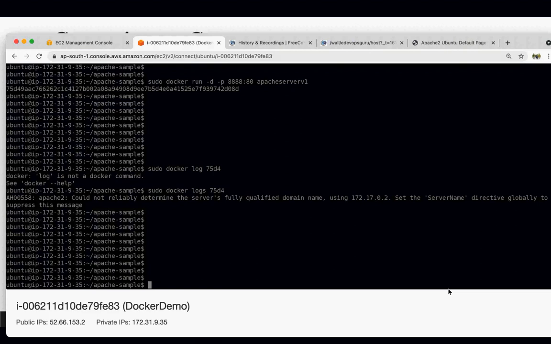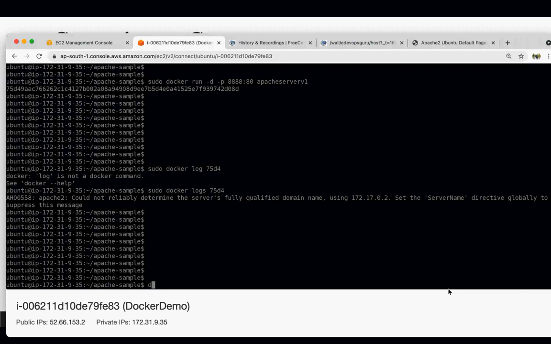Or if you want to go inside this particular Docker container, a Docker container is, it's not true, but you can say it is a stripped down version of your virtual machine. Let's assume it is a stripped down version of a VM. Similar to a VM, where you can log in and browse, in this Docker container also you can log in and browse what is inside and how things are working.